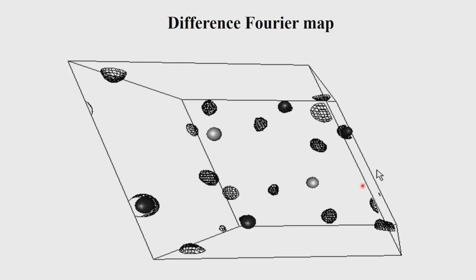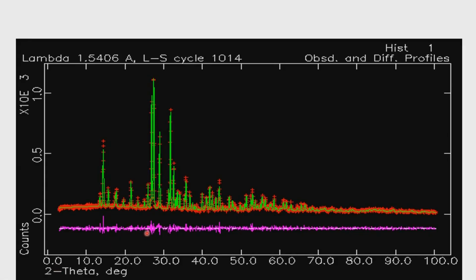And this picture which is shown here gives us the difference Fourier map. And you see the two bismuths here and the vanadium here, the bismuths there. And so, this is a three-dimensional plot of the difference Fourier, and whatever density is coming up here represents now the oxygen positions. We then identified these atoms, got the oxygen positions, and put all the heavy atoms as well as the light atoms together and did a refinement.